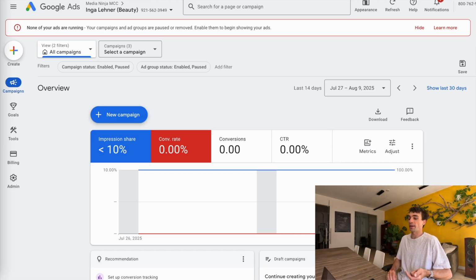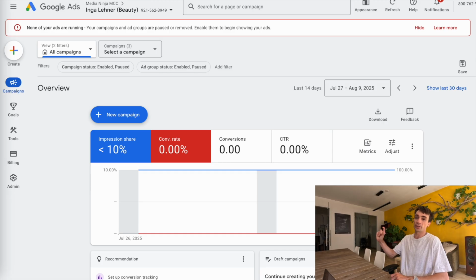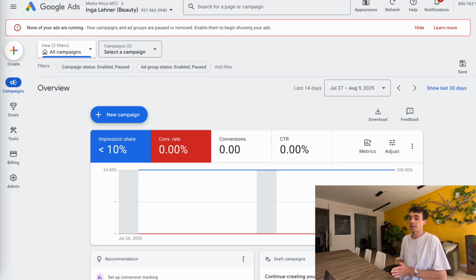And then same thing for the makeup. You always want to keep this stuff relevant. If you're providing different services, you usually want to segment that out into different ad groups. That way you can pull your keywords together and show the correct ad depending on which keyword the person types. So that's exactly what we're going to do today,